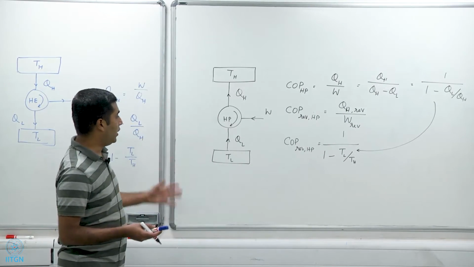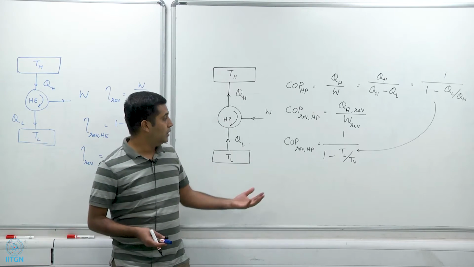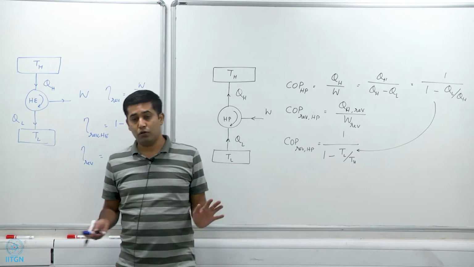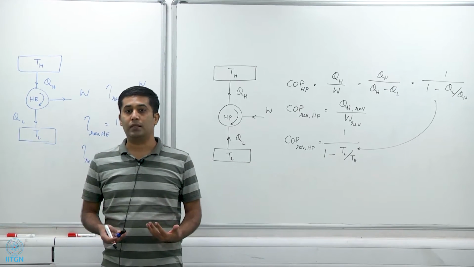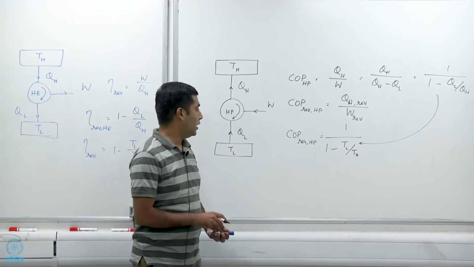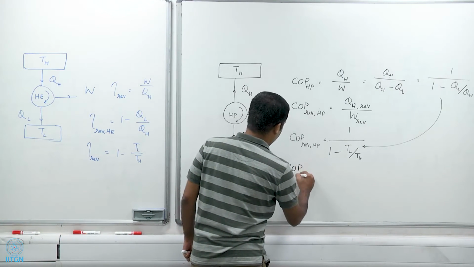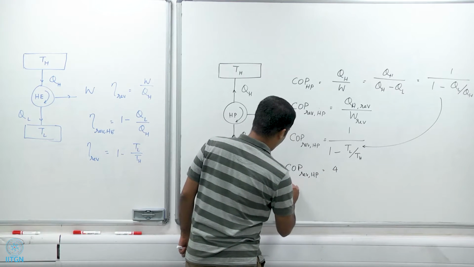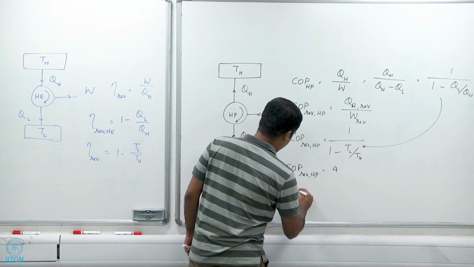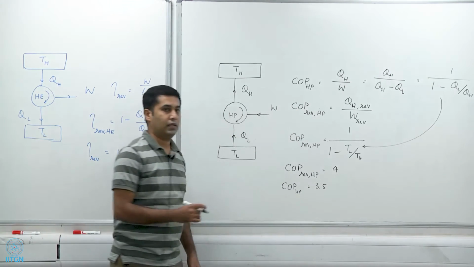So let's say I have a heat pump and it gives me some COP. I can compare that COP with this value here, and I know that it will always be less than this value, but I can compare how close it is to this value, right? So let's say, arbitrarily speaking, the COP of the reversible heat pump is 4. The COP of my real heat pump is, let's say, 3.5. Then I know that I'm